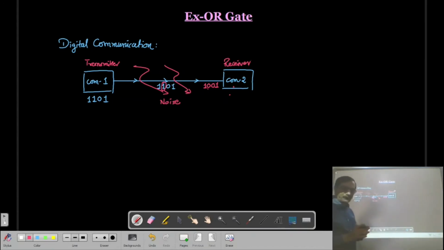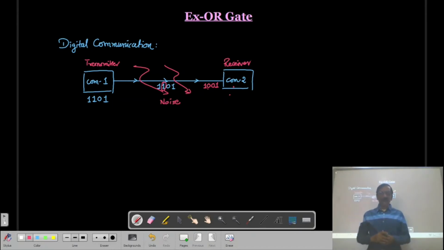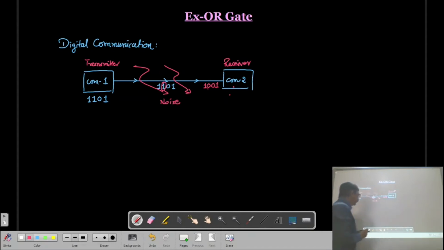So, for proper communication, we have to check the parity bit. If you look at this, how many high levels are there in this information? It is an odd number of high levels. So whatever the information is, it is with odd parity. Now, when this information is received, you can see that it is with even parity.